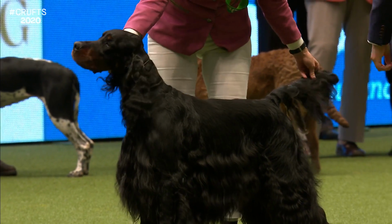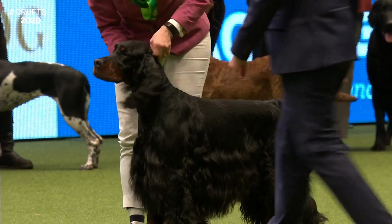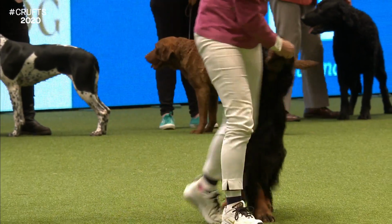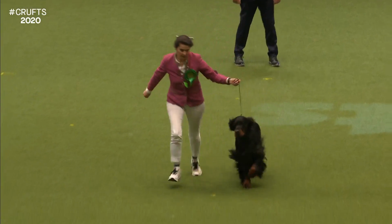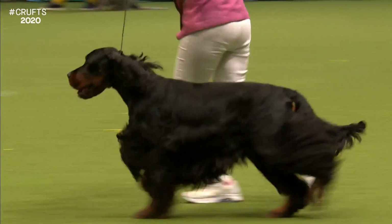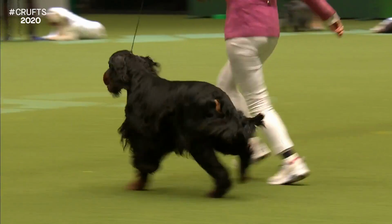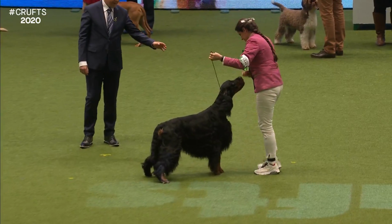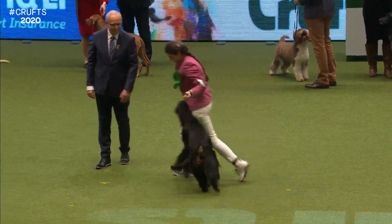And it's very important that we don't have too much coat with this breed. They need to be heavily coated, always in this lovely black and tan colour, but you don't want so much coat that it interferes with the dog's work. Again, fit for function is the name of the game. The Duke of Gordon developed this breed because of the rough terrain on his estate in Scotland, he wanted something a little